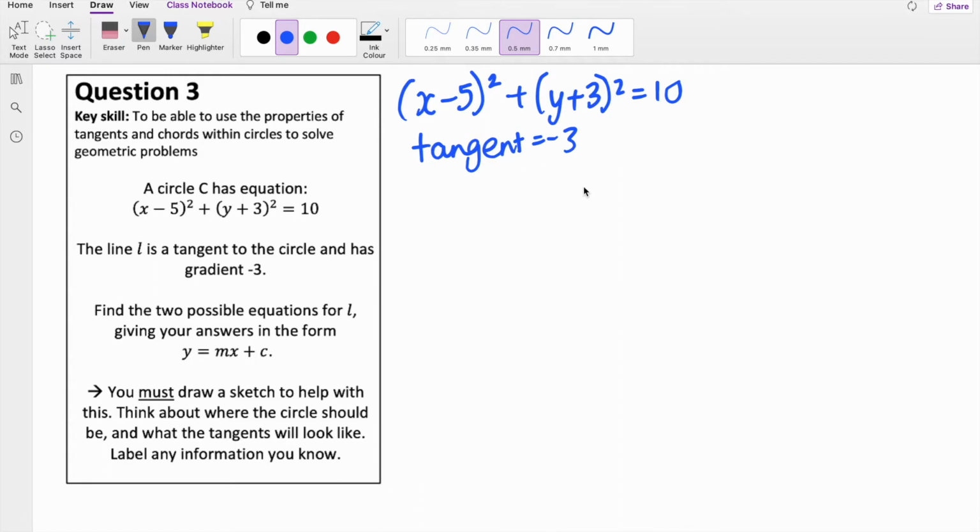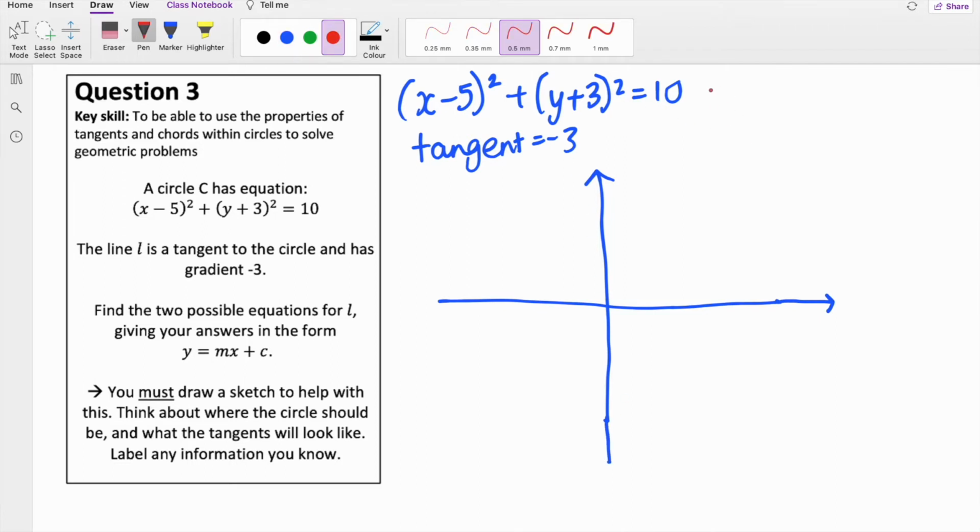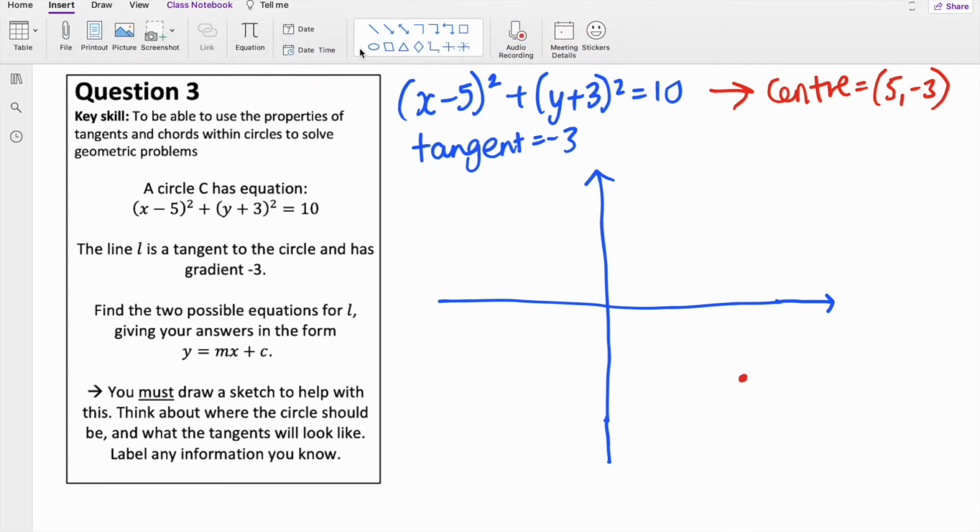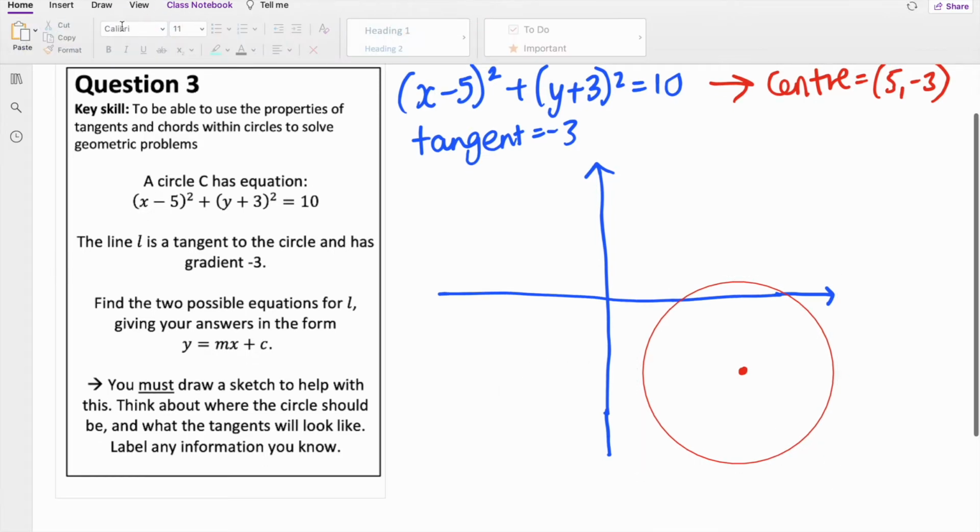Okay, I'm going to draw myself a sketch to see how there could be two possible lines, because at the moment I can't visualise why or how there may be two possible equations for L. The centre from this equation is going to be (5, -3). So I'm going to draw a rough sketch. (5, -3) is just around here. And I'm going to try and draw a circle that has a centre of (5, -3) like this. I'm going to label my centre